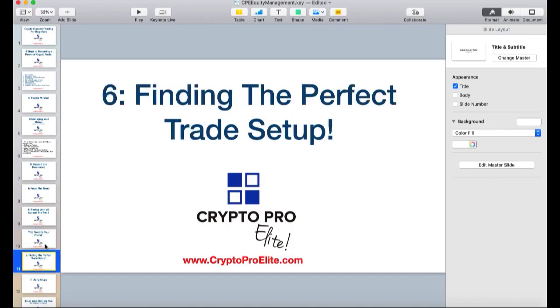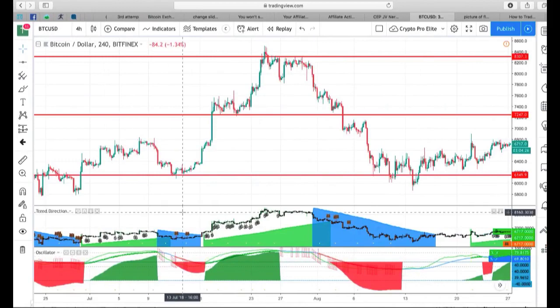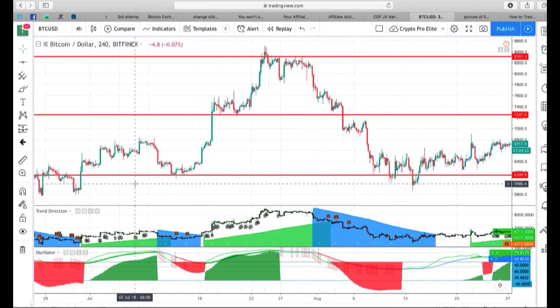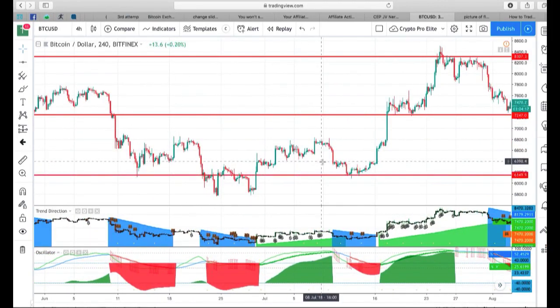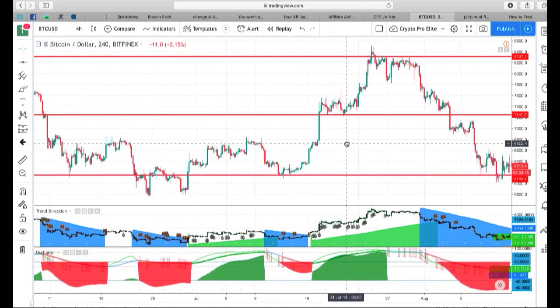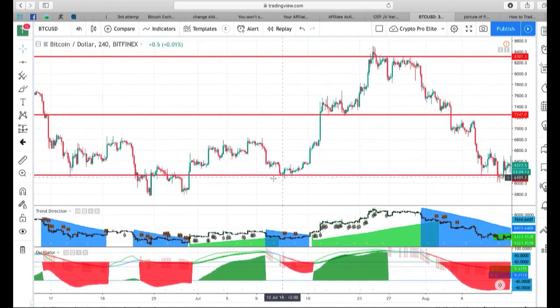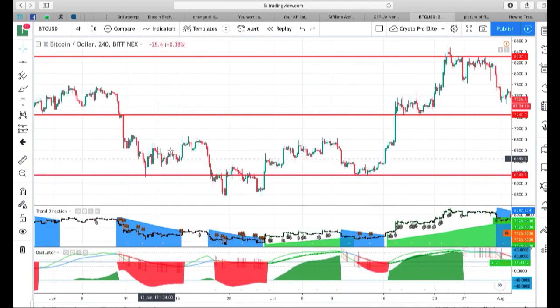We're going to talk about finding the perfect trade setup. So let's go to our charts. So in this situation here, what I would have been looking at is overall, you can see this particular support line was hit over and over again, right? In Bitcoin against USD, every time price gets around it, it has a very difficult time breaking through. It struggles around it. So a lot of times what will happen is when the market is trending, first of all, we're only going to be taking